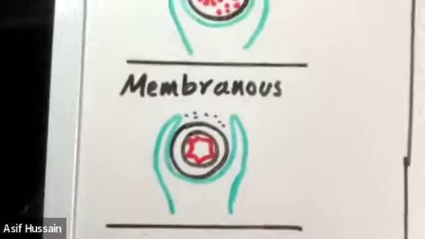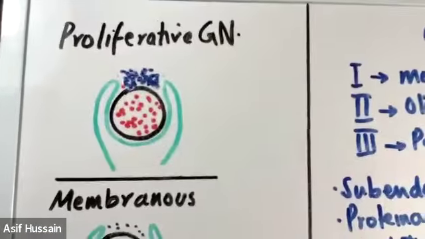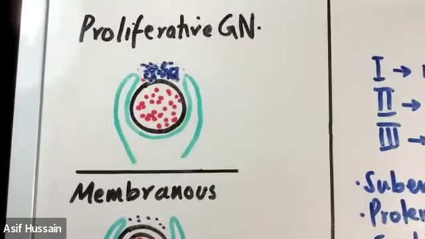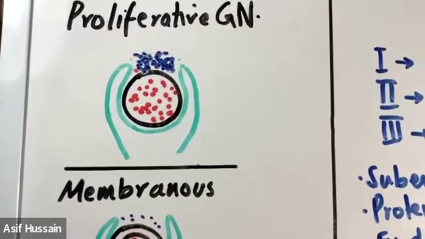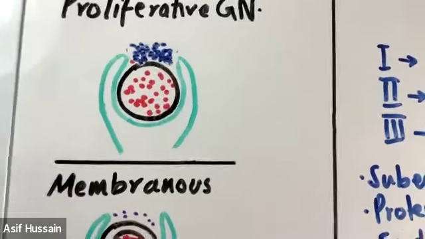Today we'll talk about membranoproliferative glomerulonephritis, which is basically different from other types of proliferative glomerulonephritis for many reasons. Okay? So let me describe what I mean. Normally, this is what happens in proliferative glomerulonephritis. If you look at this picture, the black circle is representing the basal membrane in this diagram